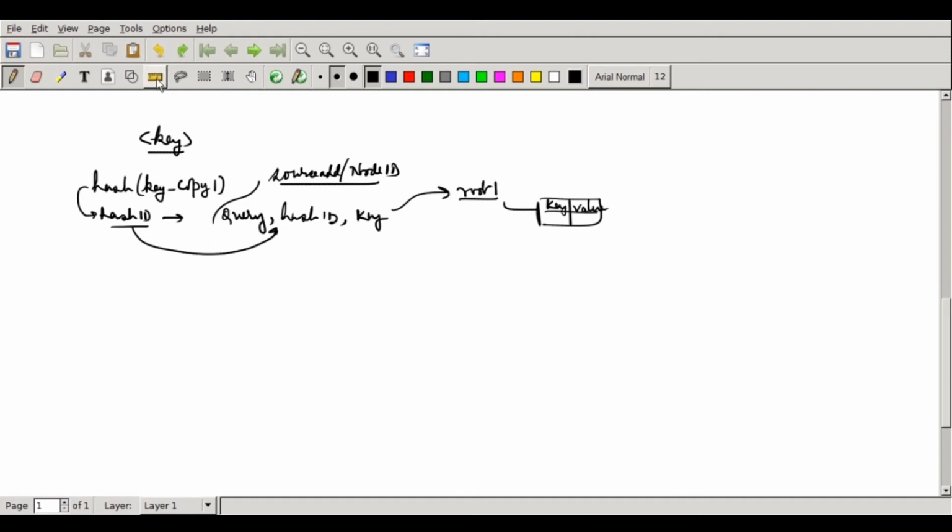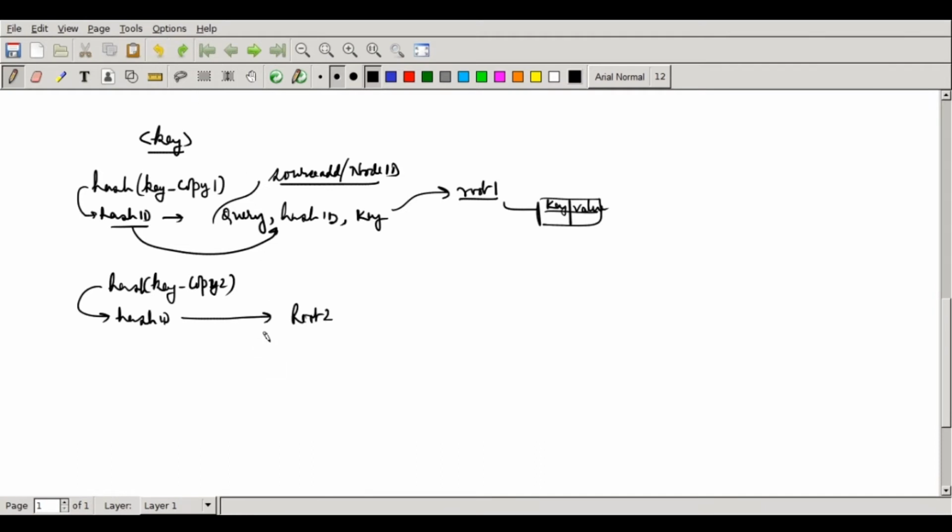So alternatively, there is an option to choose. A node can decide, okay, I am not going to do this, I am going to choose key copy 1, key copy 2, and then compute the hash of it. In fact, different nodes, when they are searching for the same key, can randomly pick copy 1 or copy 2. So they will essentially be going to two different nodes, and the load will get distributed among them. So this will compute a different hash ID. Again, when the query is propagated with this one, this query will now terminate at root 2, which will then respond back with the same key value pair. The same thing is being kept at both the places.